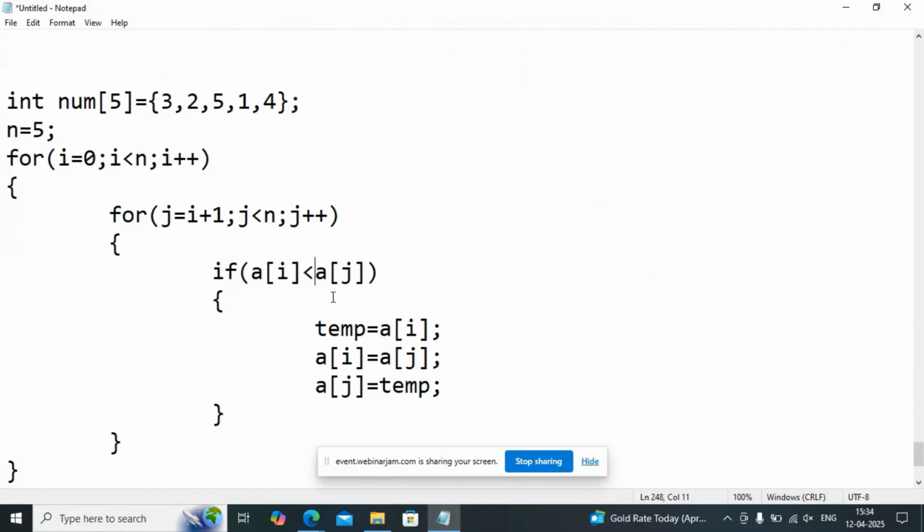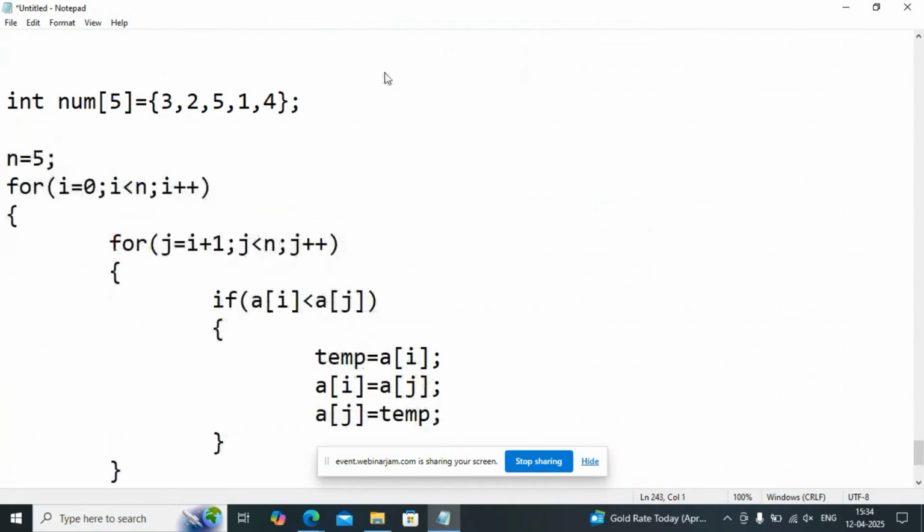What kind of changes do we need? Suppose instead of num of 5, we have an array of strings, for example, names of 5 comma 20. Actually, this is a concept. My question is this one. If you are giving Kumar,